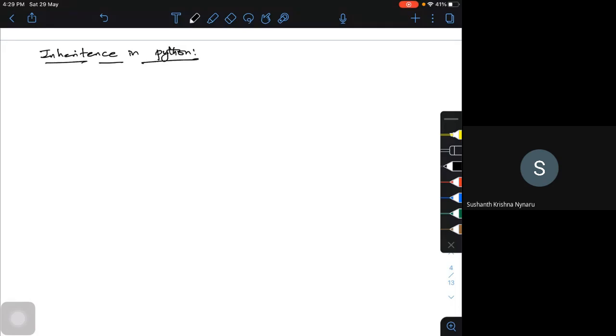Can you tell me what this inheritance is? Most of us, when we speak, say we inherit certain qualities from person A or person B. In Python it gives the same meaning. Inheritance is a case of creating some new class from the existing class.